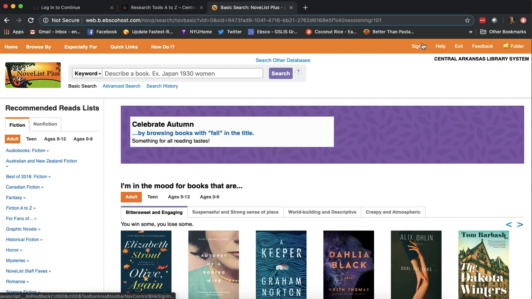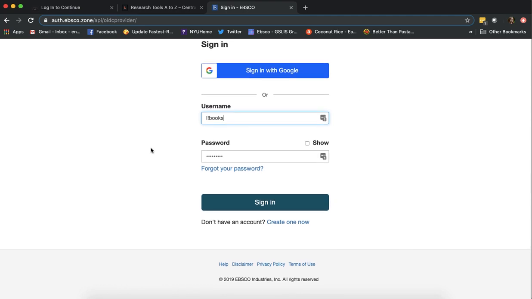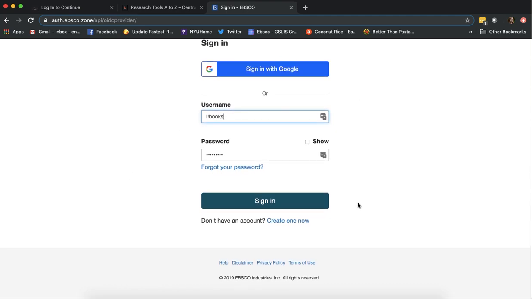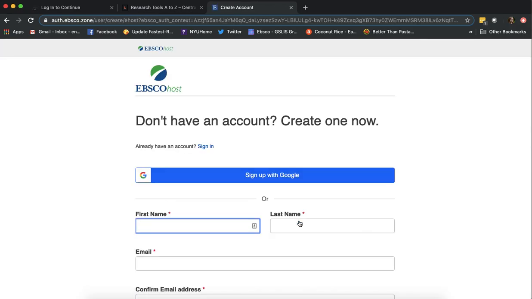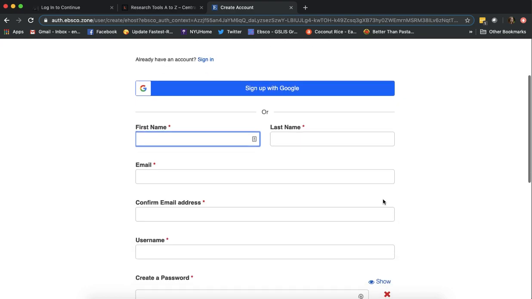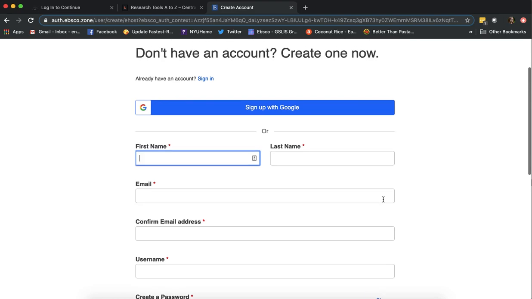So the way to go about this is by going up to sign in. I know it doesn't say create your own account, but it will in just a minute. Once the sign in page loads, you'll see that I already have an account here. But if you do not, you can create one by going down here below the sign in button and creating your account. And here you'll just fill out all of your personal information,